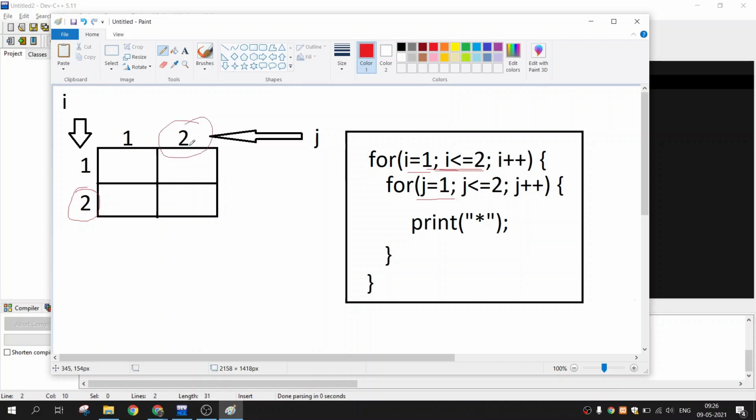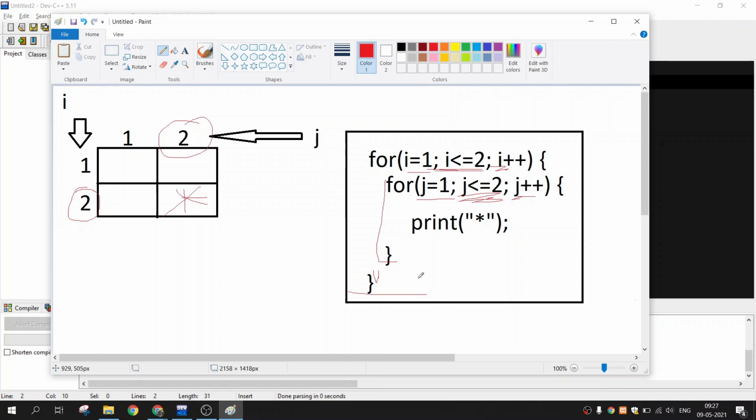The condition is also satisfied, so the next star will get printed here. Then the value of j becomes 3, so the condition goes false and this loop is completed. Then it comes here, the current value of i is 2, after incrementing it becomes 3, so this condition is also false, and this loop is also over.